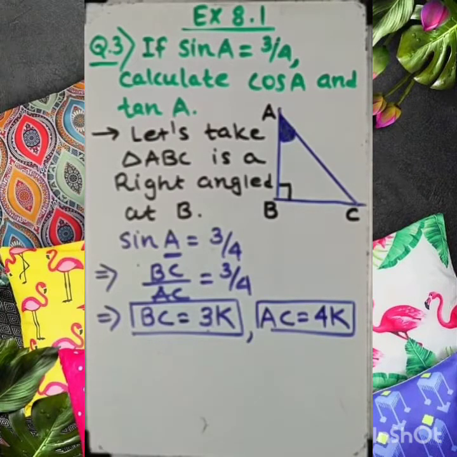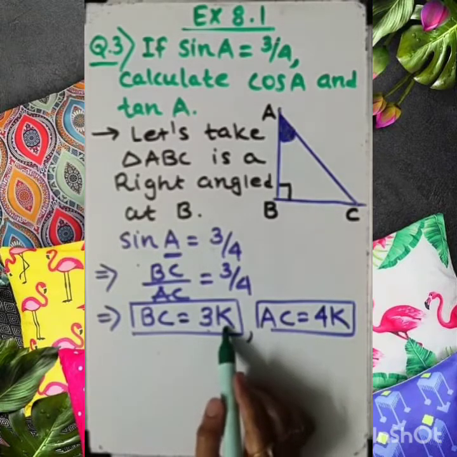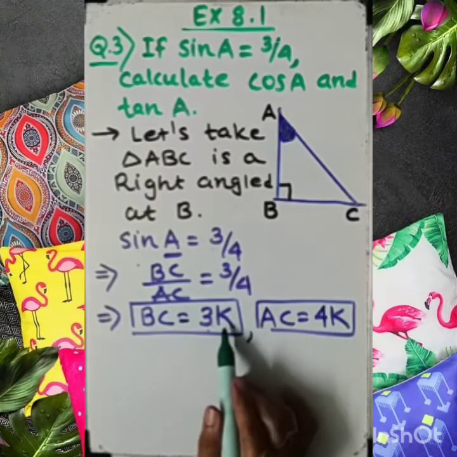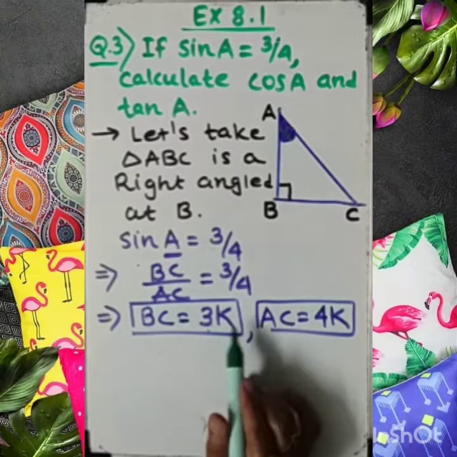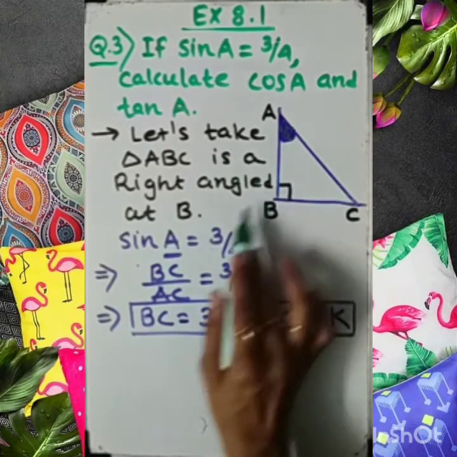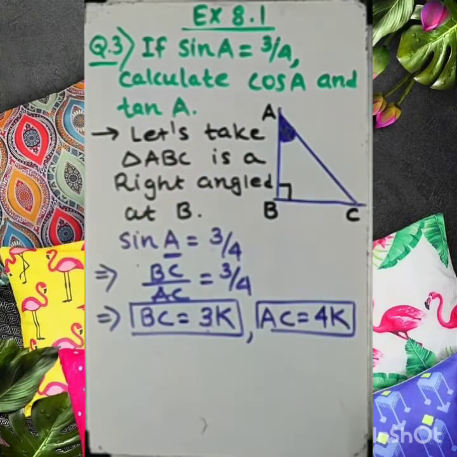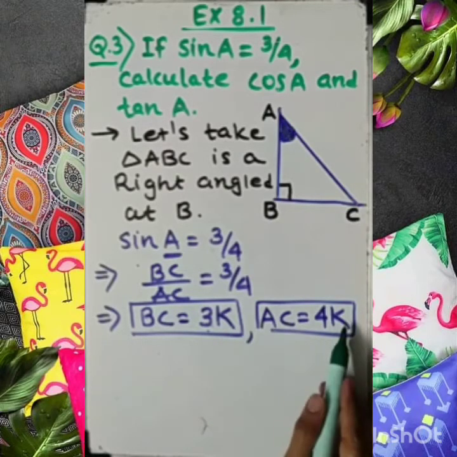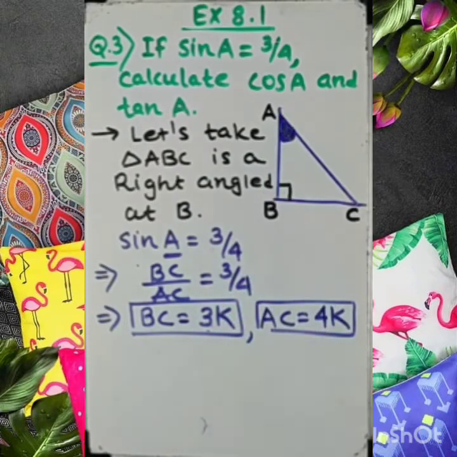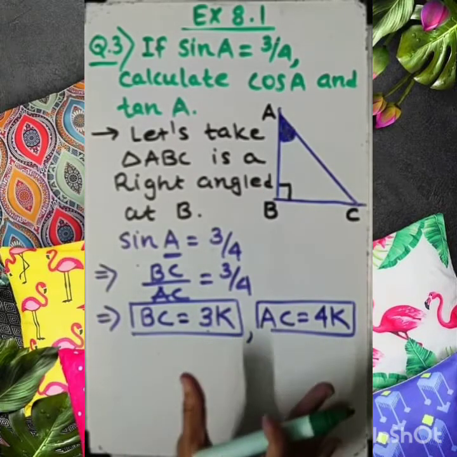Now the question will arise in your mind, ma'am, can we take any other variable in place of K? Of course you can. We can take X, we can take Y, we can take ABC, we can take MN, but be sure that it is not already used as a symbol anywhere, so it will not create any confusion for you. So it is better to always try to take K. Somewhere in 1 or 2 questions you need to take X, when K is already a value or a triangle labeling is given. So let's keep this technique in mind.